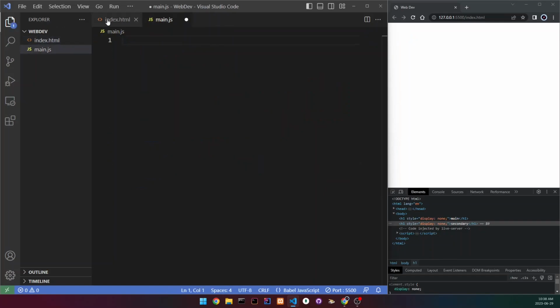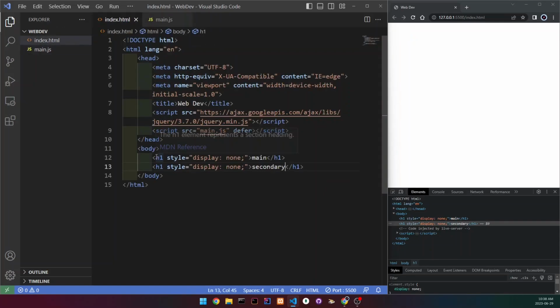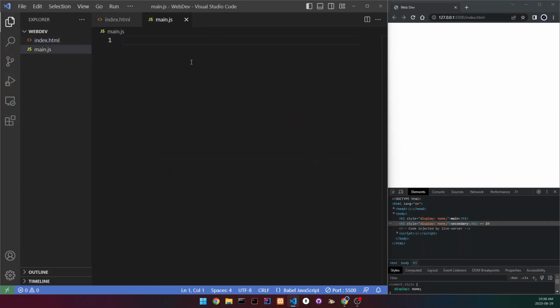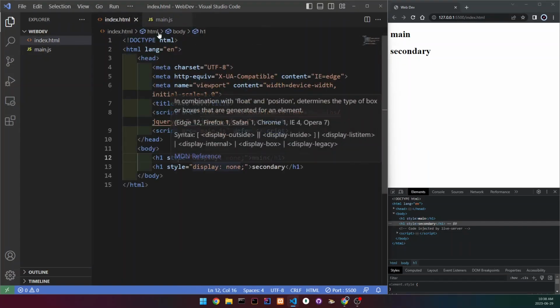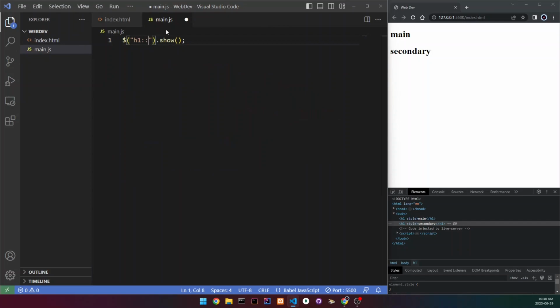So let's say that I wanted to show the first H1, but it didn't have a class, and I couldn't just do something like this. So H1 dot show, because it would show both of them. So instead of adding an ID or a class, we can use something like this. So using the first,